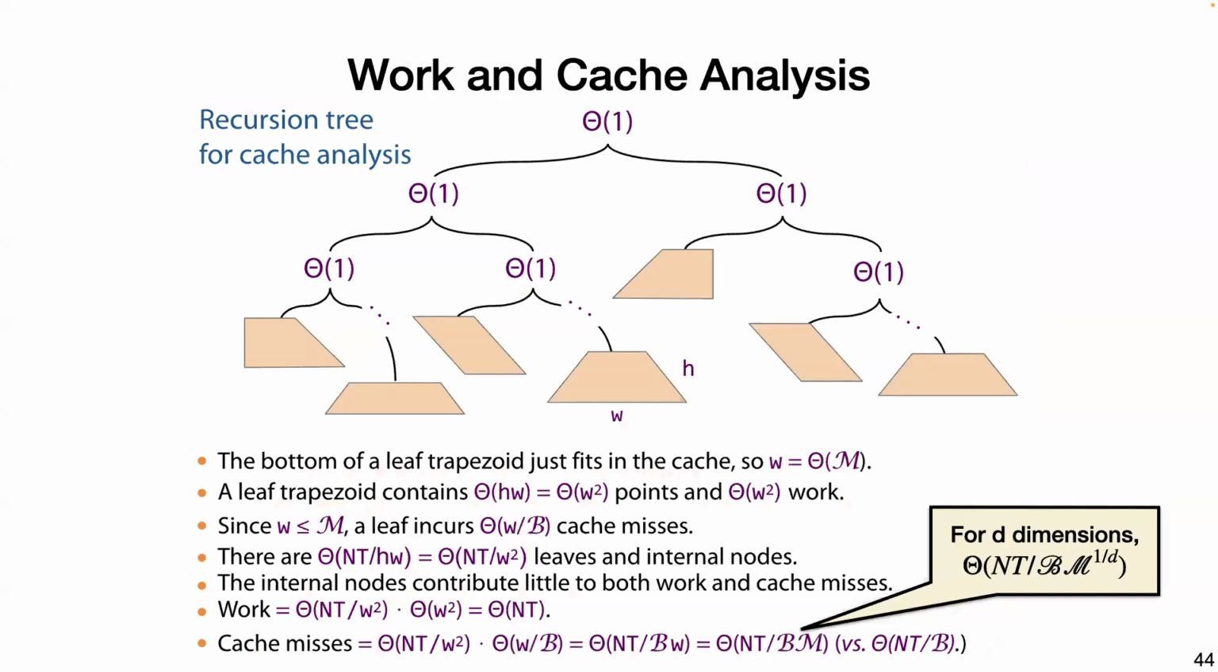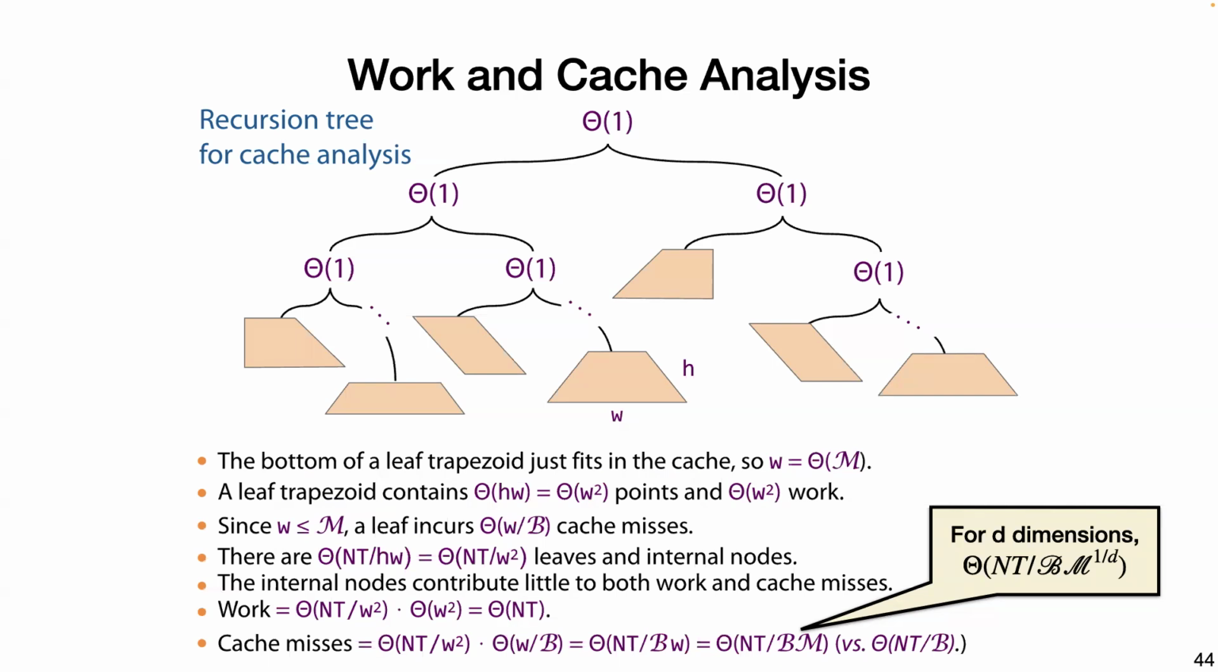Okay, so since we're talking about caching, we can do cache analysis. And the same, we're just going to do this recursion tree, pretty much. And this recursion tree is even easier than the previous ones that we had, because now we're doing two-way splitting. And the base case is just these trapezoids. So the bottom case is the same as we always have, when the bottom of this leaf trapezoid just fits in the cache. So the cache misses are theta m,